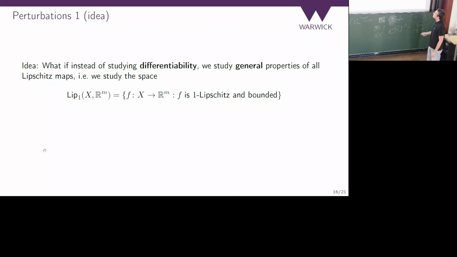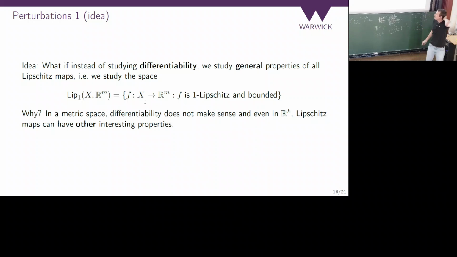So what we will do is we will take a given metric space X. You can study all the 1-Lipschitz maps into R^m, and for technical reasons they will be 1-Lipschitz and bounded, and then you can study the structure of this space depending on X, right? And the theorems you would want would be something like, if X has some properties, then this space has some properties, and if this space has some properties, then X has some properties. Standard thing.